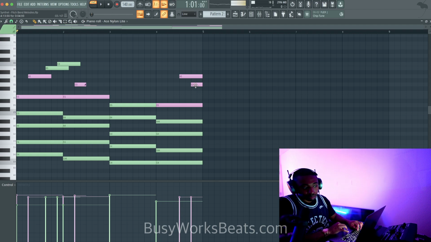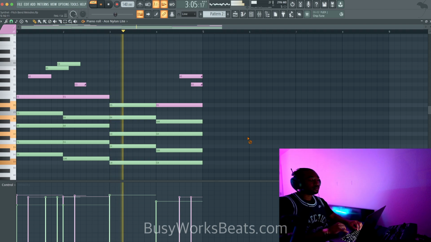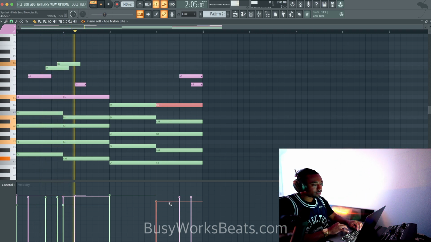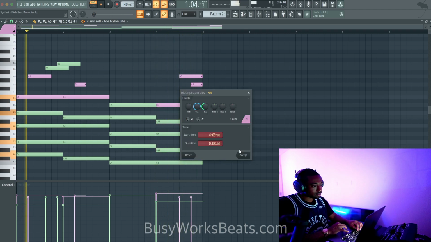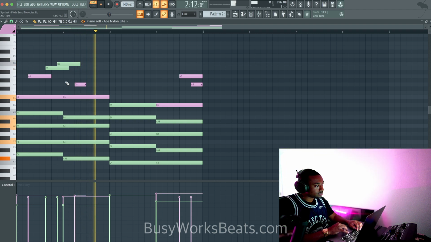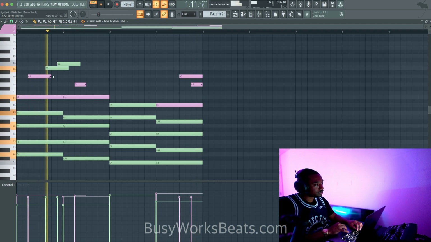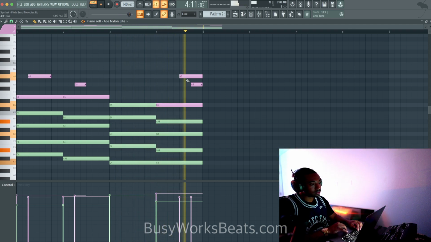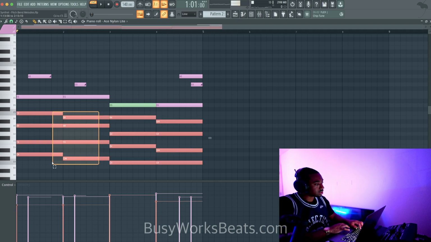So let's say we want this to be a pitch bend. Just double click, make that a pitch bend. And now only that note will pitch bend. Let's also make that top one a pitch bend. Let's make this other note a pitch bending note. So now it goes down. So let's solo only those top notes so we can hear the melody.